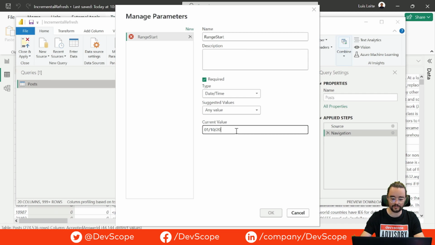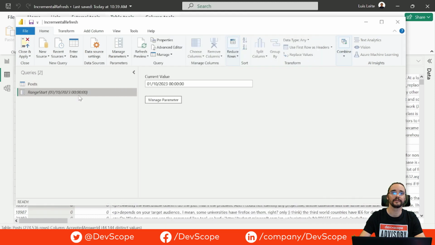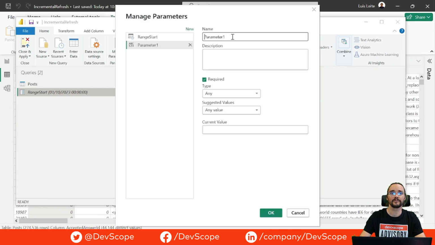So 2023, and then create another parameter that will have the name RangeEnd, and so will also be date time type, and then let's just put a number like this. Okay,